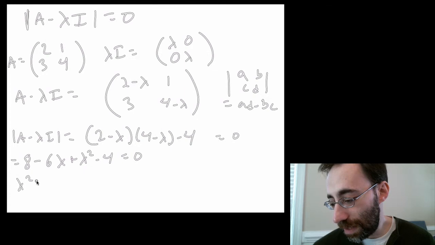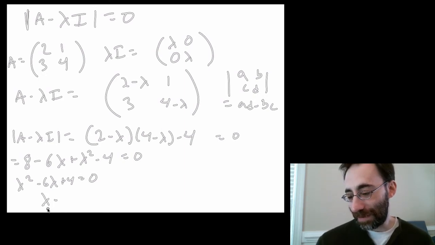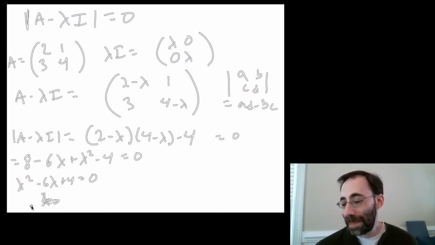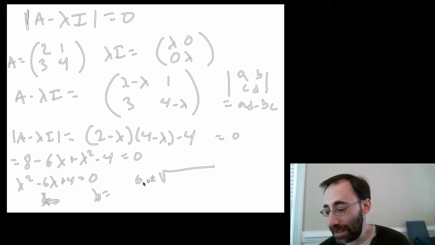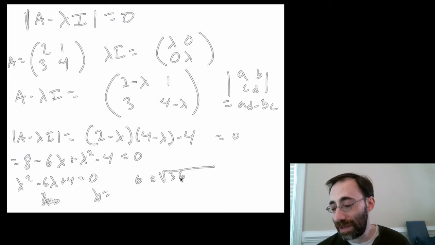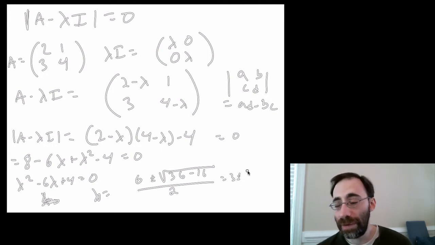Well, that's lambda squared minus 6 lambda plus 4 equals 0. And y actually works. Then you have lambda minus, no, I'm wrong about that. Yeah, okay. So use the quadratic formula. Lambda is going to equal negative b, that's 6, plus or minus the square root of b squared, which is 36, minus 4ac. 4ac is 4 times 4, which is 16, over 2. A is just 1. So this is 3 plus or minus the square root of 20 over 2,